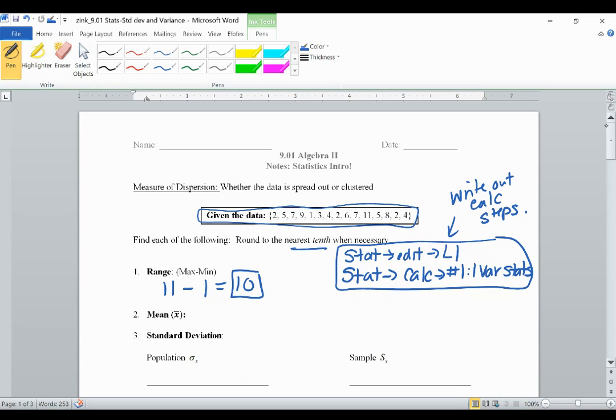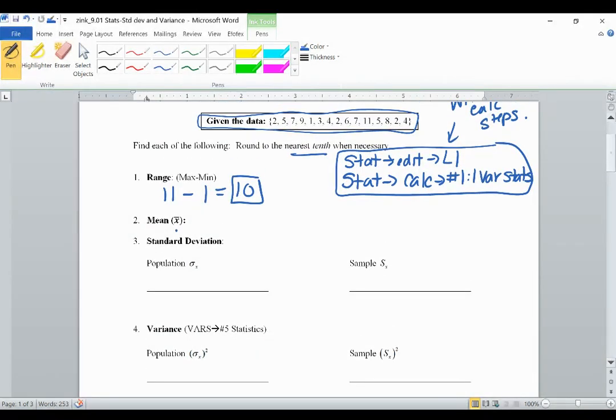Next, it asks you to find the mean. So the mean is the first one there, and it's important to know the symbol to represent that. So x bar is another way we say mean, and that is 5.06 repeating. And this direction said to round to the nearest tenth when necessary, so we're going to round that to 5.1. The standard deviation we talked about